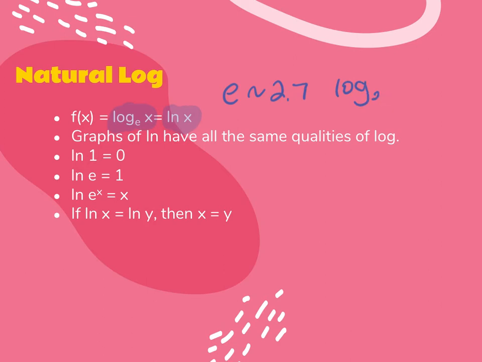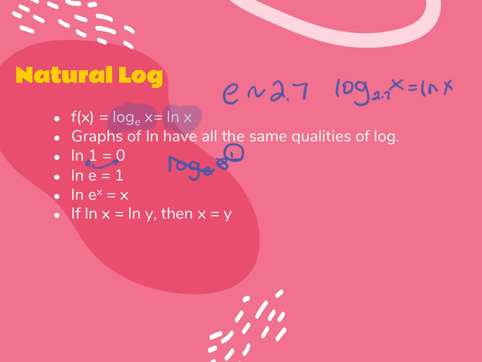So if I had log base 2.7 of x, that's going to be really close to an ln graph, okay? Or if I had log base 3 of x, it would be really close to an ln x graph. So a couple of quick mental math things. ln of 1 is 0, because you're asking, e to what power would give me 1? It would be 0. ln of e is 1, because that would be the same thing as log base e of e. So this exponent would be 1, and I could cancel this out and keep the exponent. So ln of e gets replaced with 1, or whatever its exponent is,